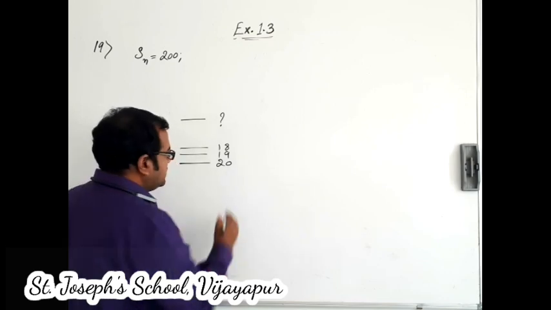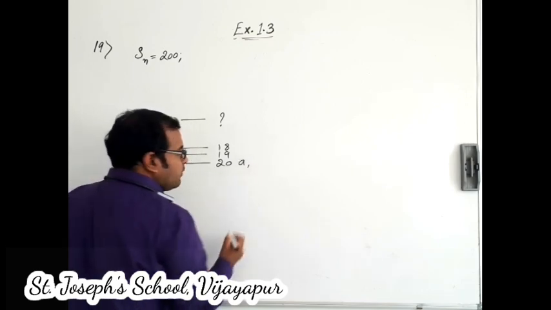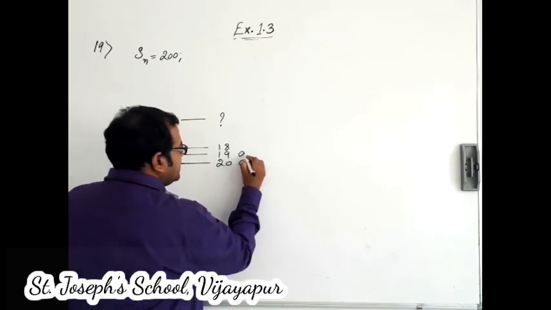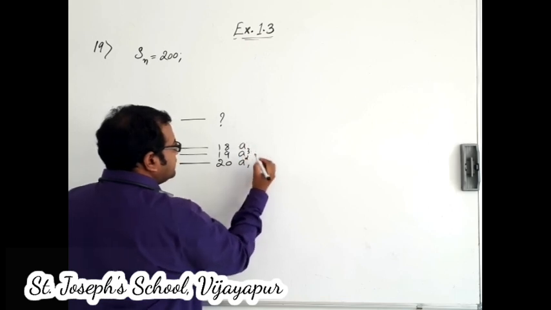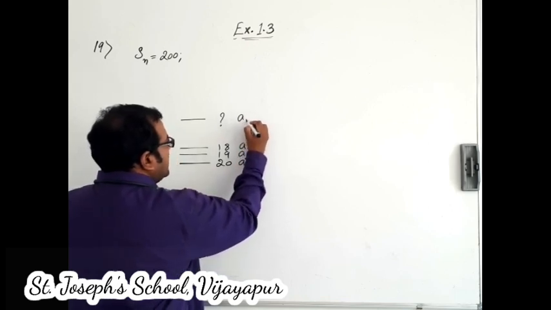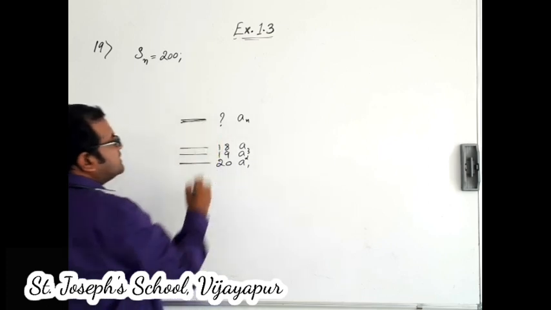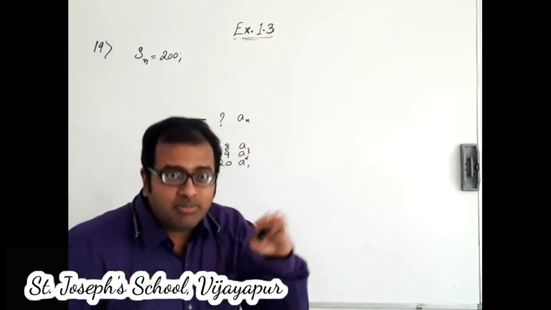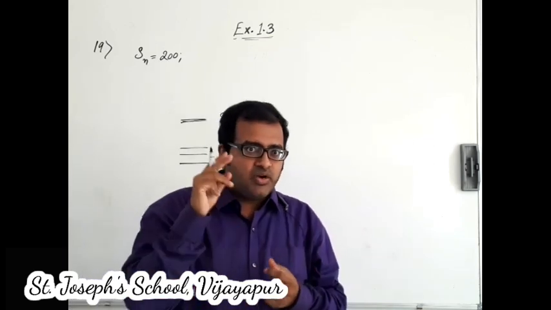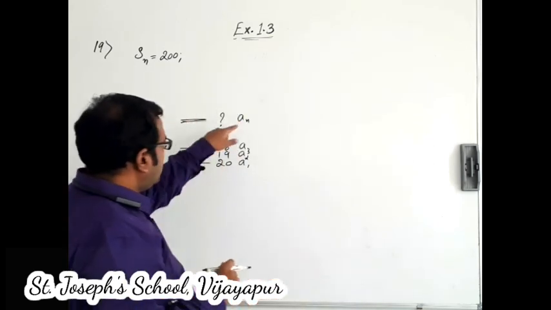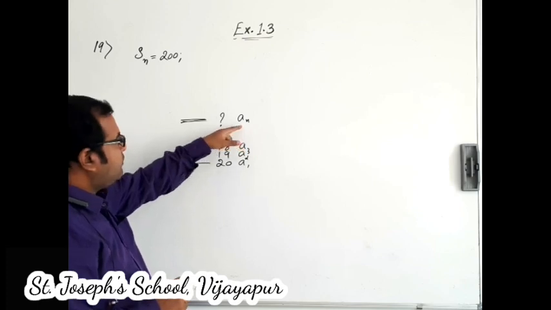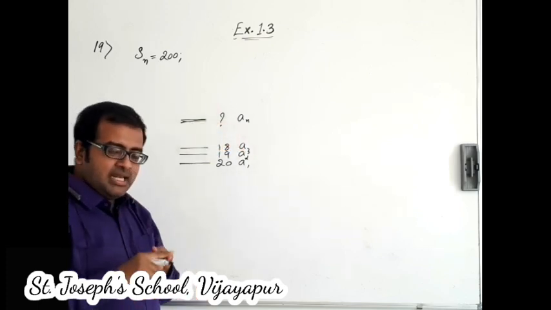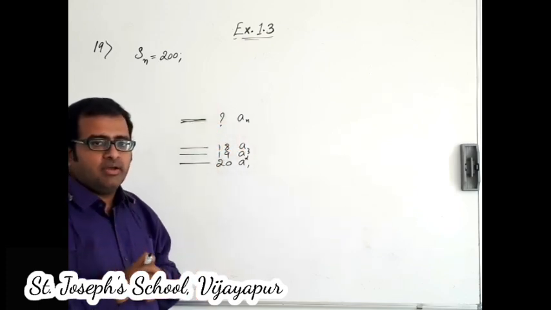So in this case, our 20 is the A1, the first term, then 19 is our second term, 18 is our third term. Like that it continues, and An is the number of logs in the top row. What is the number of logs in the top stack? We don't know. They have asked us to find that out. So in order to find that, we have to find n also. We need n as well as An. Both we have to find out.